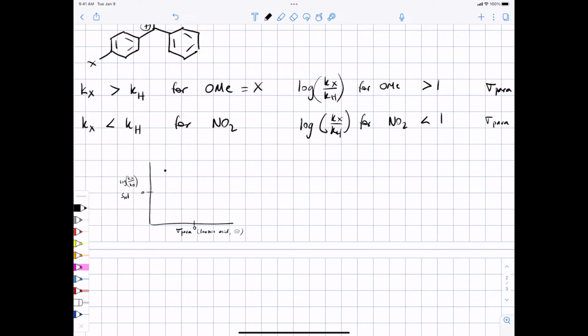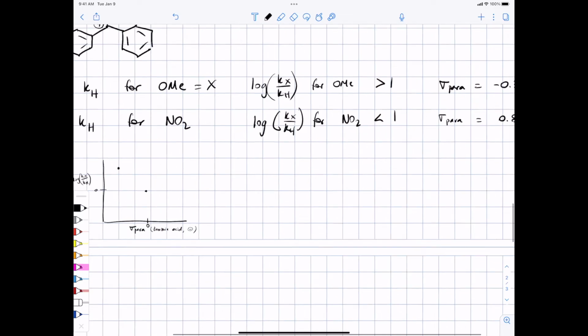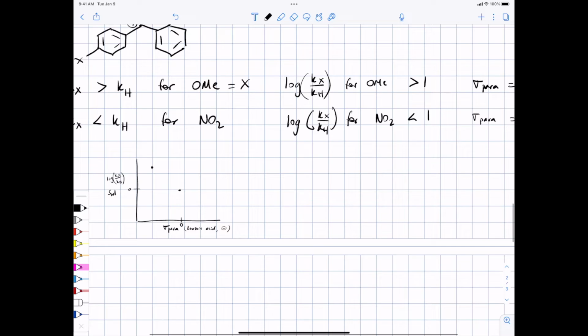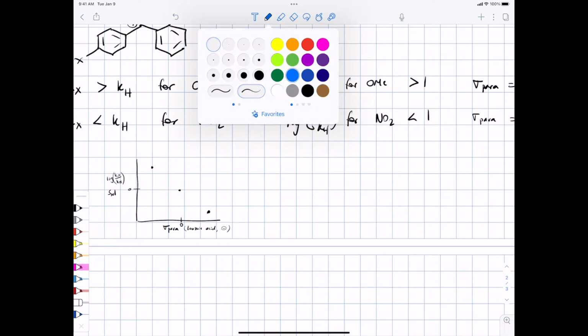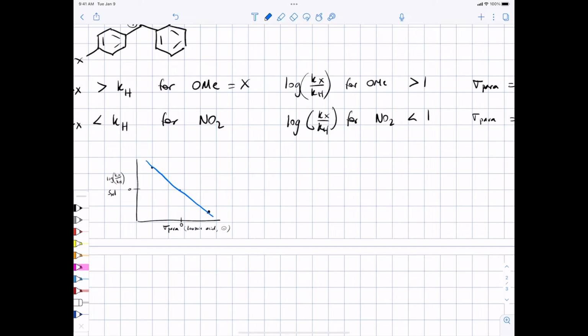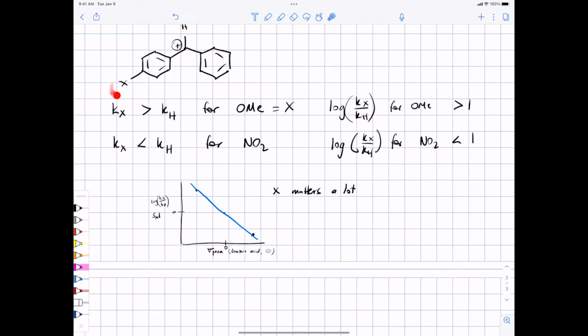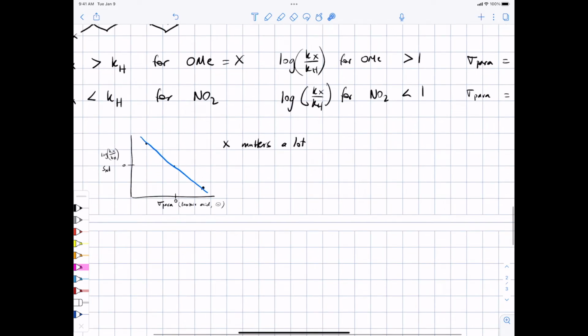Whereas the 0 point would be for hydrogen, nitro has a negative value in our SN1 reaction but a positive sigma para. And so nitro would be down here somewhere, and we would be in the situation where we predict rho matters. We predict the substituent matters a lot because in this case, the substituent has the potential to be directly conjugated to that positive charge. So the magnitude of rho may be greater than 1,